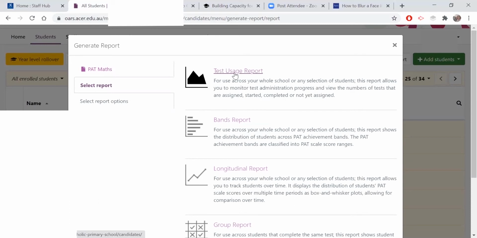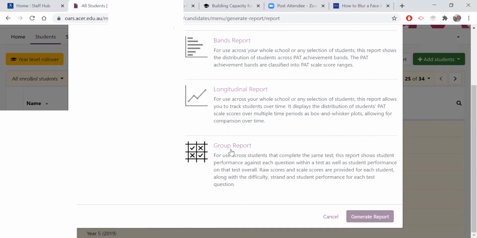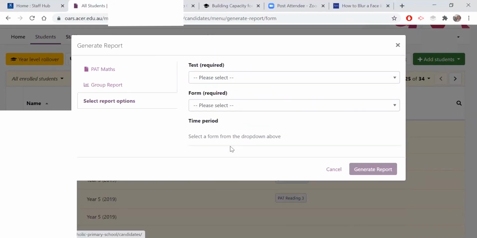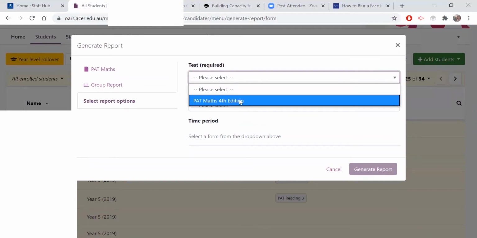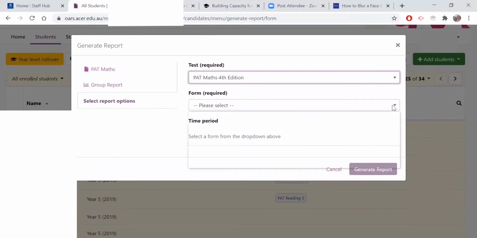That's just who's done what test. The bands report, who has achieved what band. The longitudinal report I'll do in another video. That is your growth report. Very, very good. And finally, I'm going to do the group report. So I'm going to click on group report, and I'd like the group, they did it 4th edition, and you'll